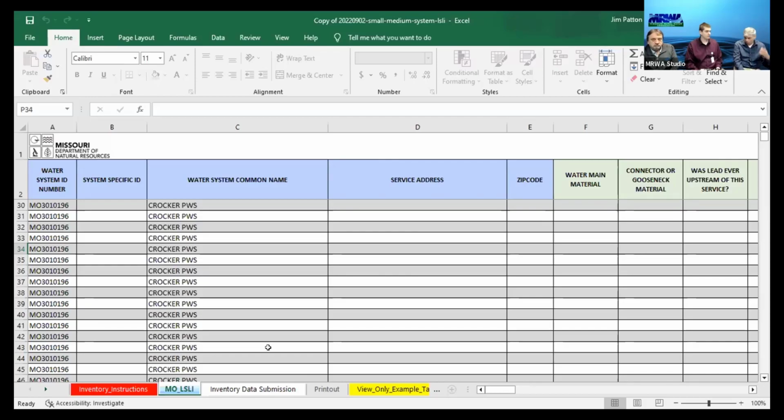Yeah, and one thing that might help out systems as well is depending on the building install dates, because originally we weren't really looking at those as an ID method. However, we did decide to include those as the written or digital method if they can check 10% and validate that, because Missouri had the state lead ban enacted January 1st, 1989. So by law, it was illegal to install lead service line after that date. So if you have buildings that were constructed after that date, by law, there should be no lead service line. And you can refer to those records.